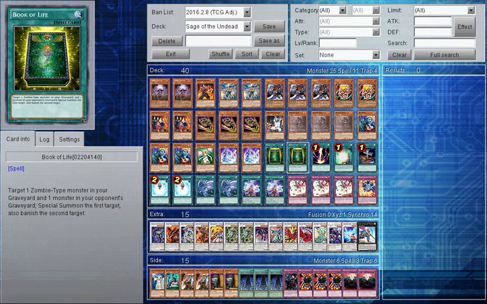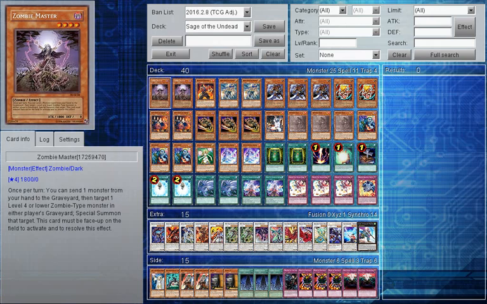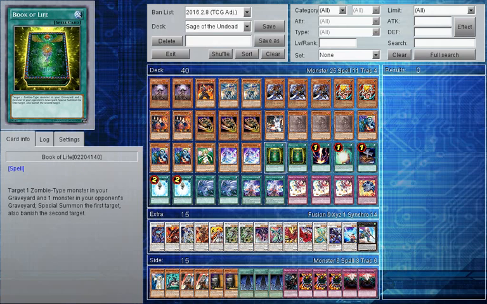Then we have 2 Book of Life. We don't want to run 3 because that will break. Same reasoning behind Zombie Master, because you can't use this turn 1 at all in any sense. You could use these theoretically in turn 1, but you can't, because you have to have your opponent having a monster in the graveyard in order to banish and special summon your monster. But it's a free